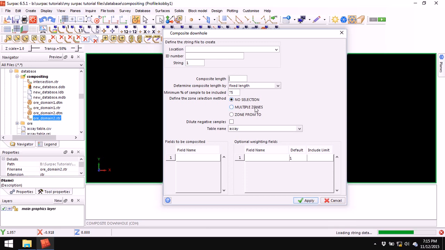If you select multiple zones, you'll be able to create composite for a particular geological zone. You kind of constrain your composite. For instance, you can choose to create composite for your ore zone or a particular rock type. Zone from 2. When you select this option, you'll be able to create composite from the top or bottom of one geological zone to the top or bottom of another geological zone. Alright,